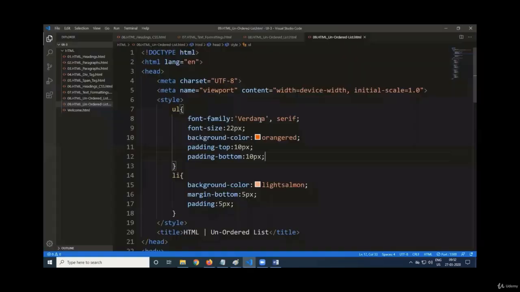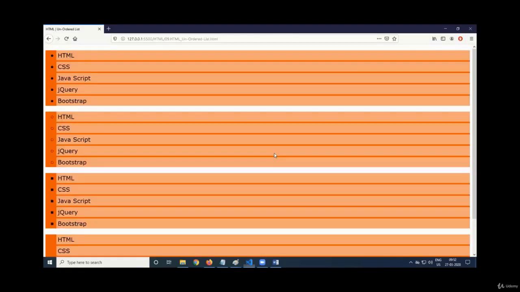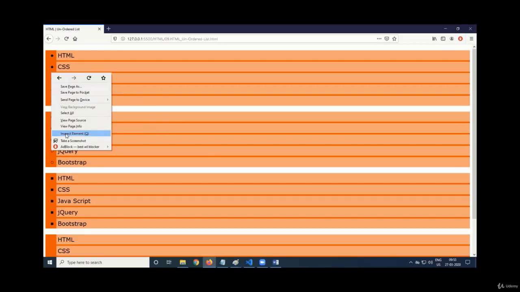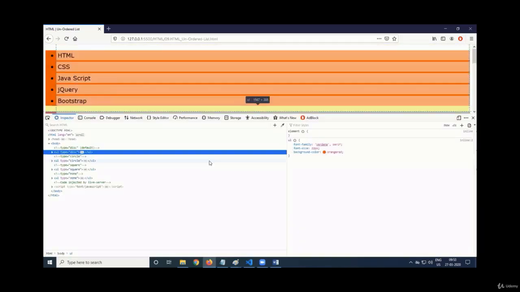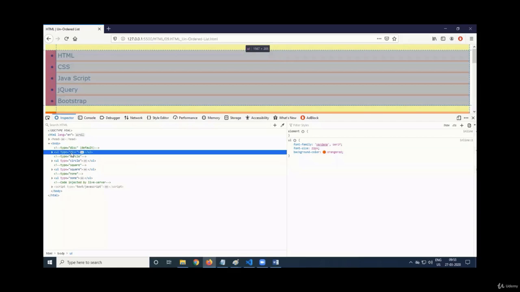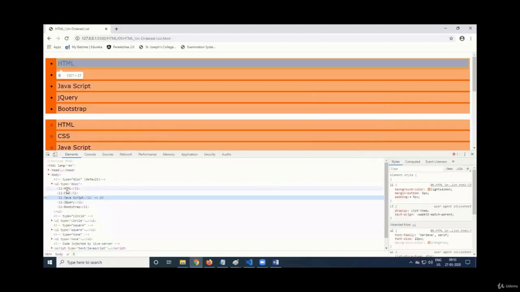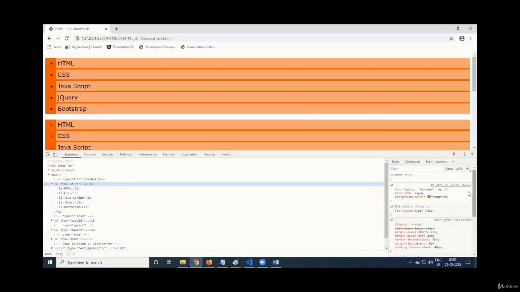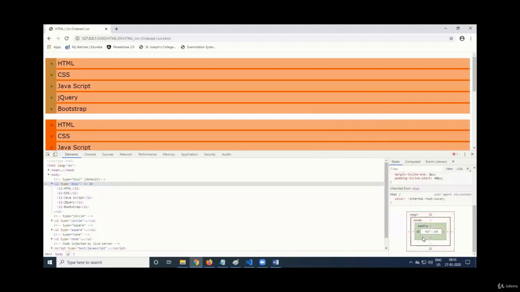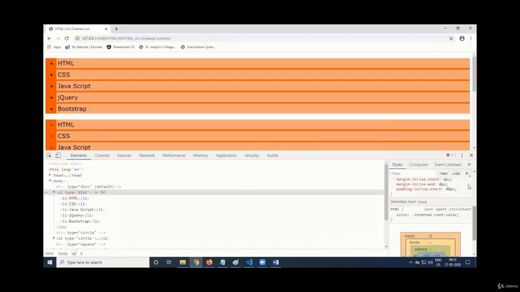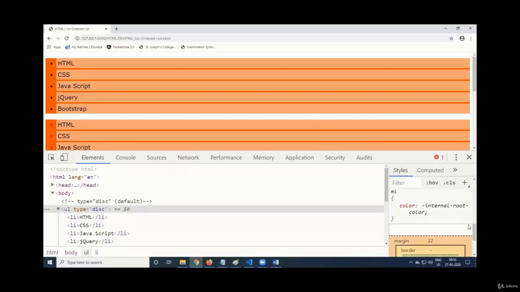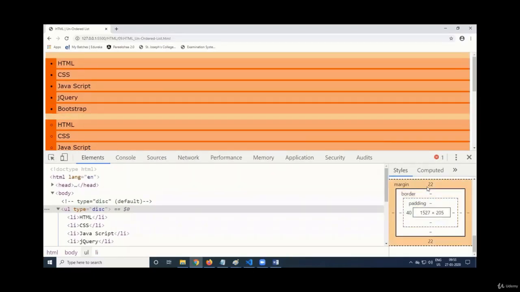Okay, sir. Now, why am I not giving the padding? See, for example, when you see this unordered list, let us go to inspect element. One point you have to understand, inspect element. So you take one UL. When you take that UL, you see this picture you can see here, right? So there, what is coming?